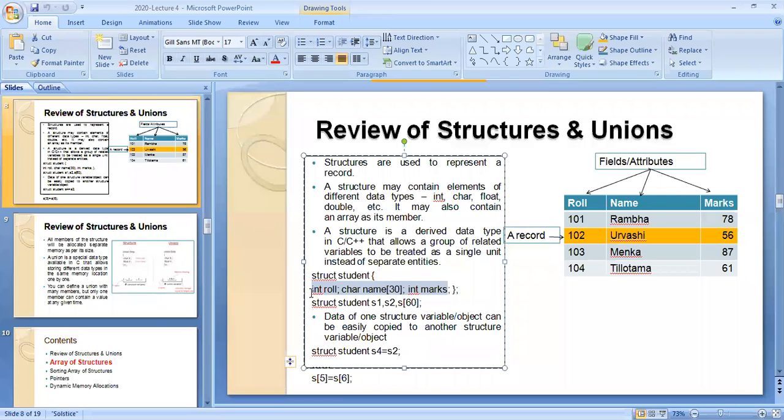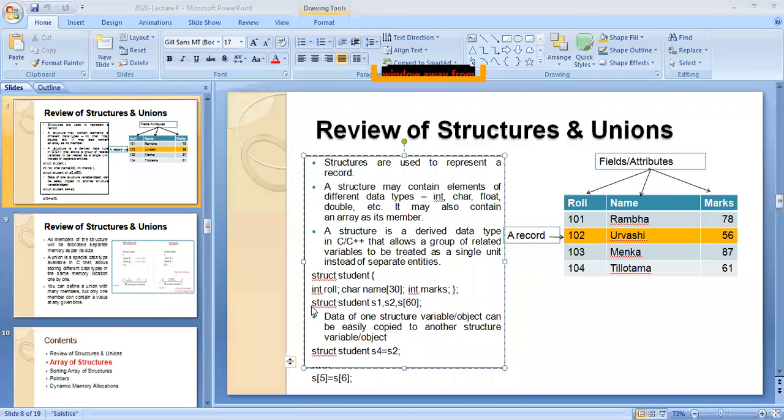So once you finish, how many students are there? Each student will have their roll number, name and marks. In your class there are 60 students. Kindly understand, student is a structure name.